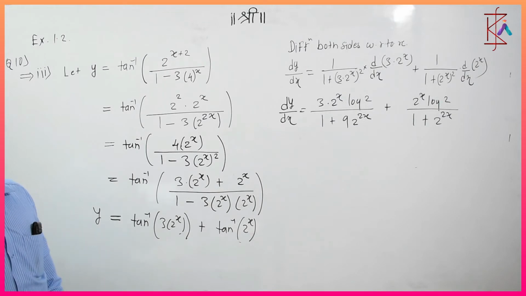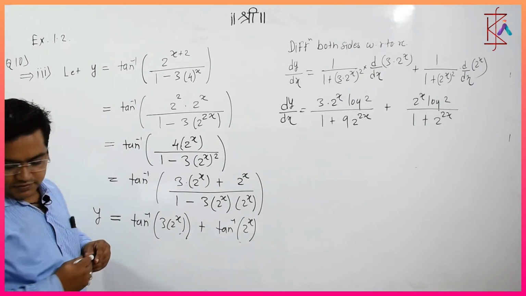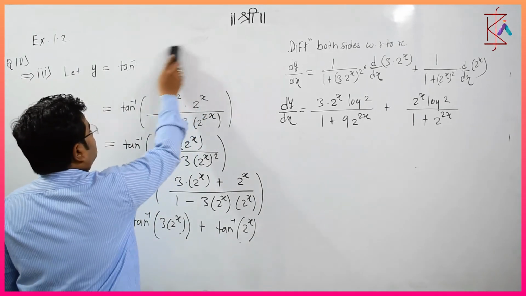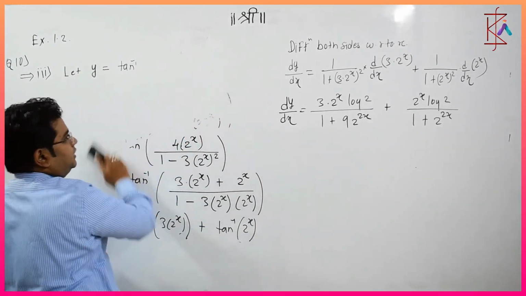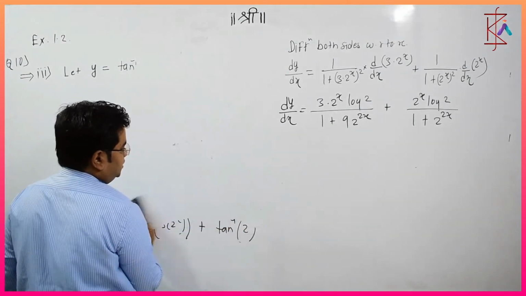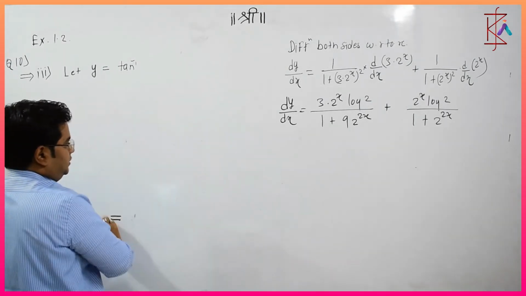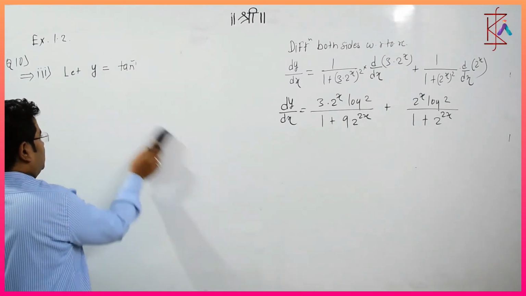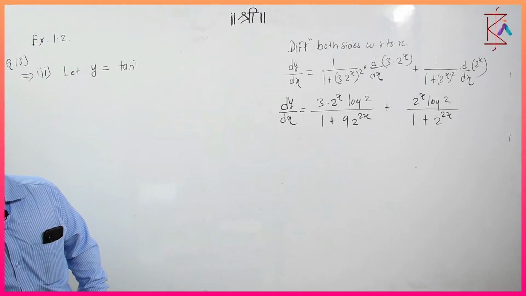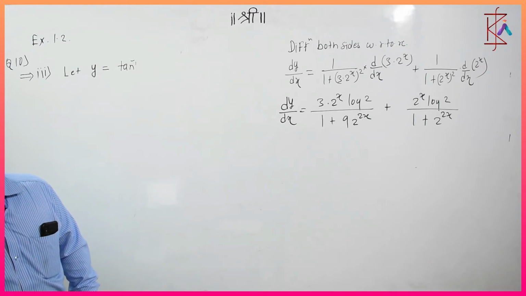Now come to question number 5. Question number 5 says something like this: tan inverse of something is again given. Why tan inverse is so important and how important it is, I would like to explain later on. But here we are performing such operations so that our tan inverse gets simplified. So what are those operations on these questions?